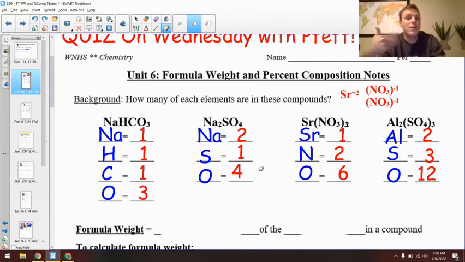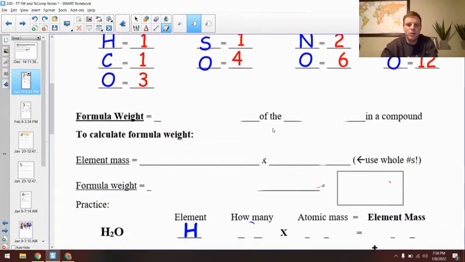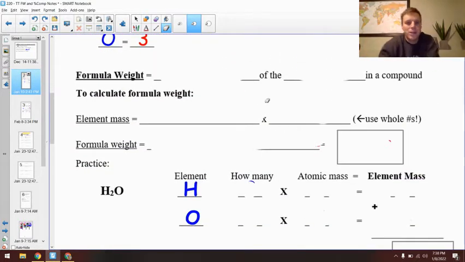It's really important that you are able to count how many atoms of each element are present for what we're about to do next with formula weight. So what is formula weight, Mr. Pilcher? And this is where you'll need that periodic table so very badly, unless you want to memorize all the masses listed on it. So formula weight